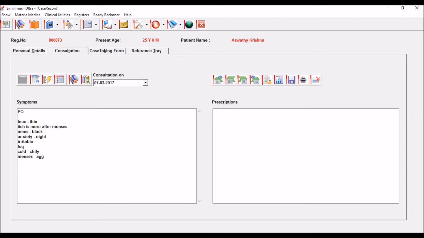Either you can directly go to the prescription window and just give the medicine, whatever comes into your mind. You can give whatever medicine you feel like. It's loquacity, irritable, menses aggravation, so you can go with some Pulsatilla or whatever you feel like, anything. So this is one method, and in the same window, I'll introduce to you another method